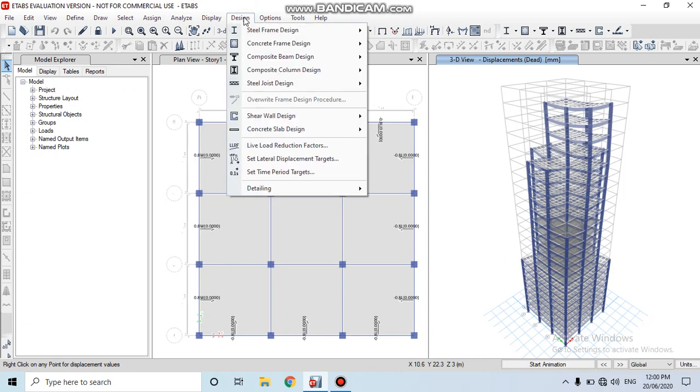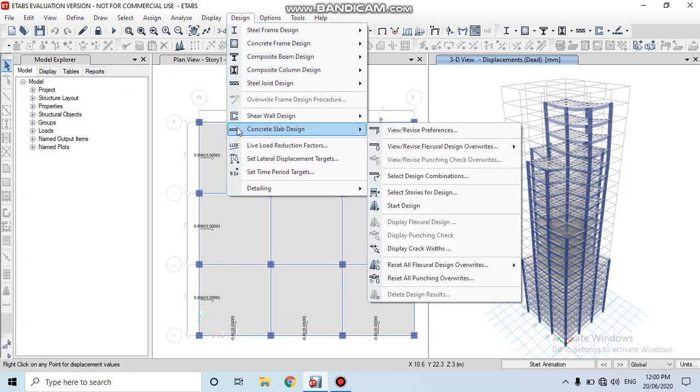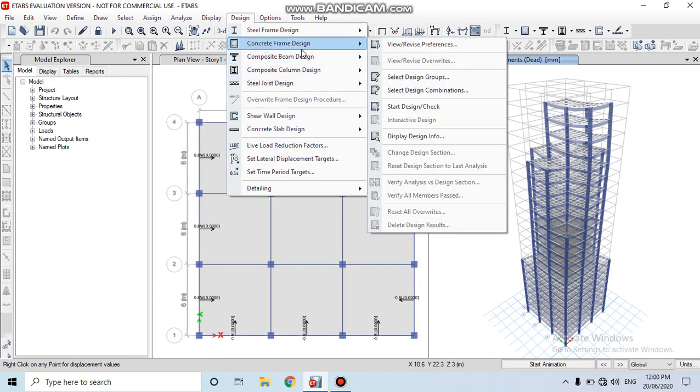In the design menu, click on concrete frame design. In concrete frame design, click on start design or check.